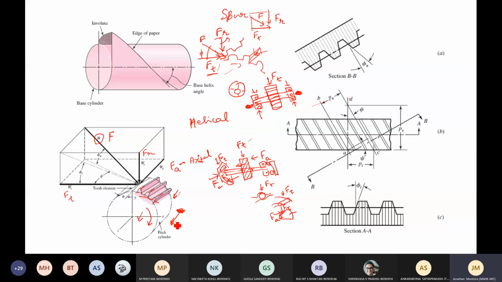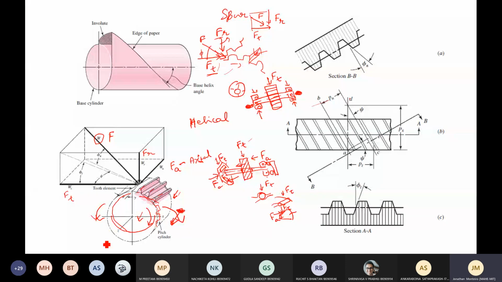Now let us come to the nomenclature, what we can study from the forces and the lengths and the pitches, etc. I think I can start from this slide itself. What we can do is take this entire gear system with whatever gear teeth are there, and let us say that you can just unwrap it. It was initially like this. Now you unwrap it, so it will form a continuous strip.